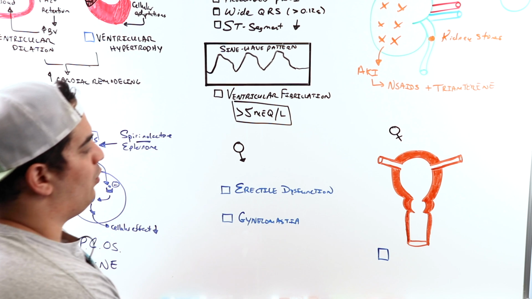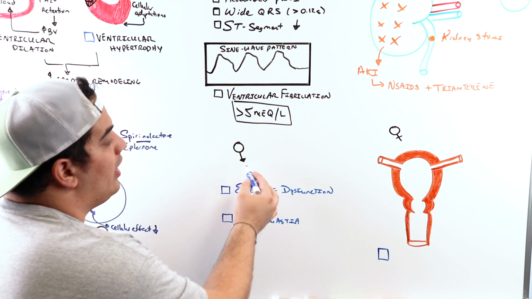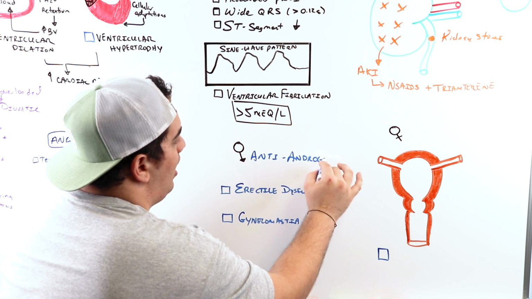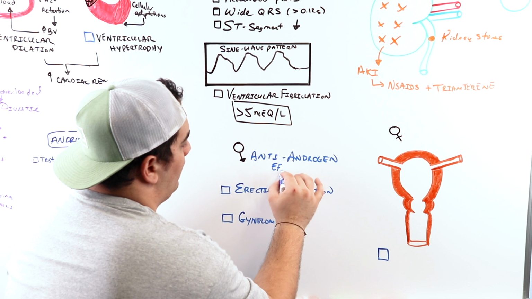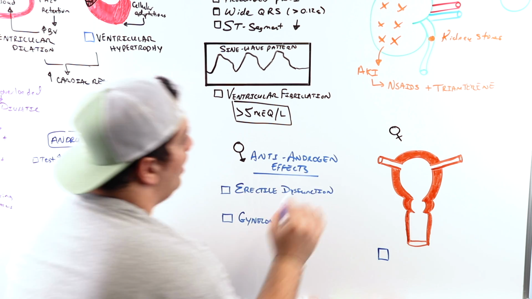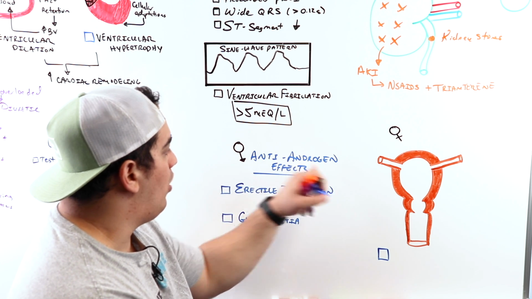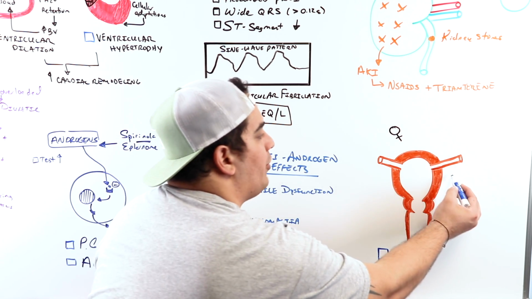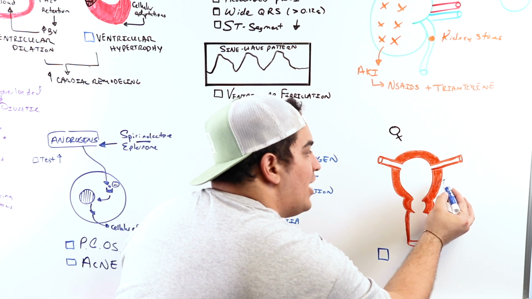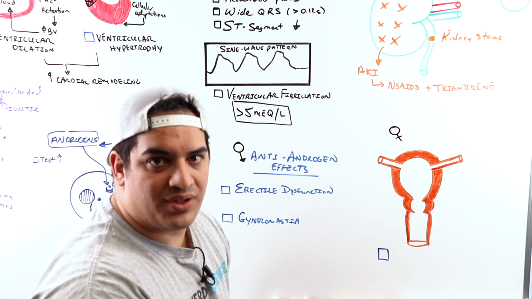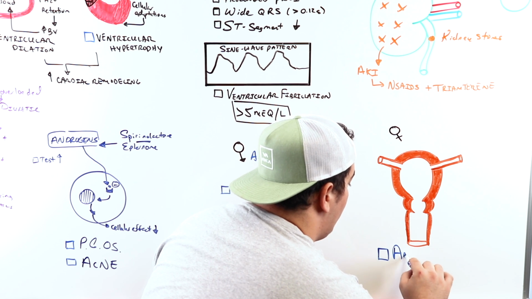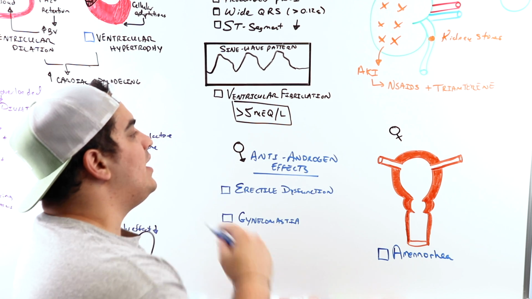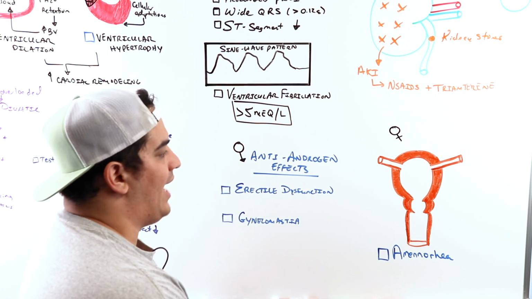So that's some things that we could worry about here when it comes to the anti-androgen effects. And again, you're going to see this more commonly with something like spironolactone. Okay? So not only does it have anti-androgen effects on males, but if females take this drug, they can also have that. And because it can alter the normal estrogen levels and the progesterone levels, it can alter the menstrual cycle. And it can potentially lead to no menstrual cycle. This is called amenorrhea. Okay? And so these are some of the potential side effects or adverse drug reactions that we should watch out for